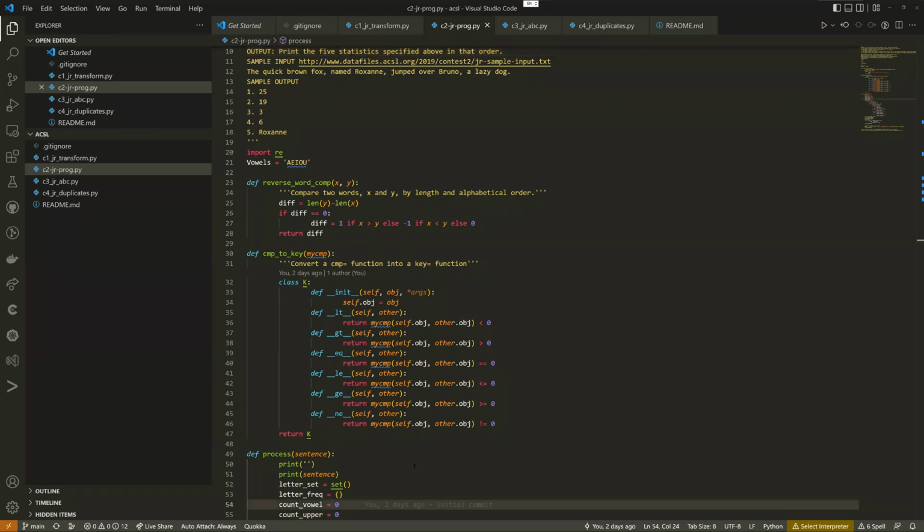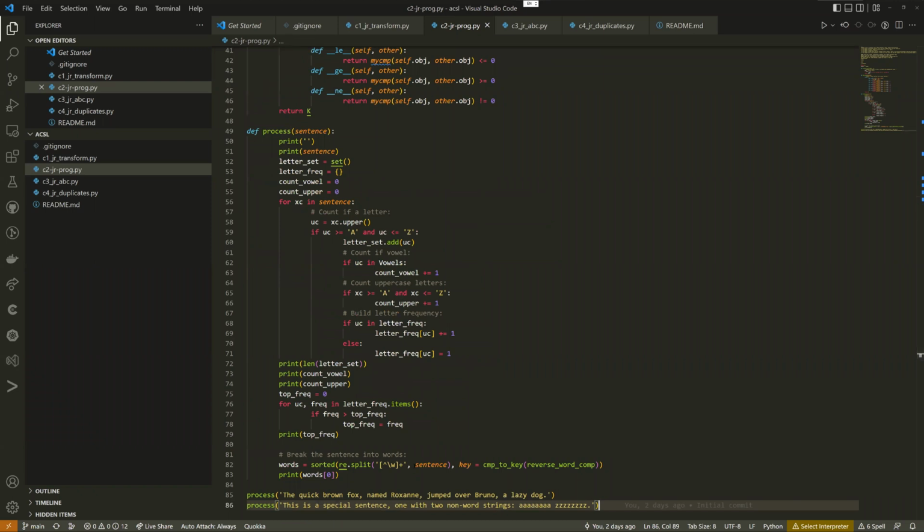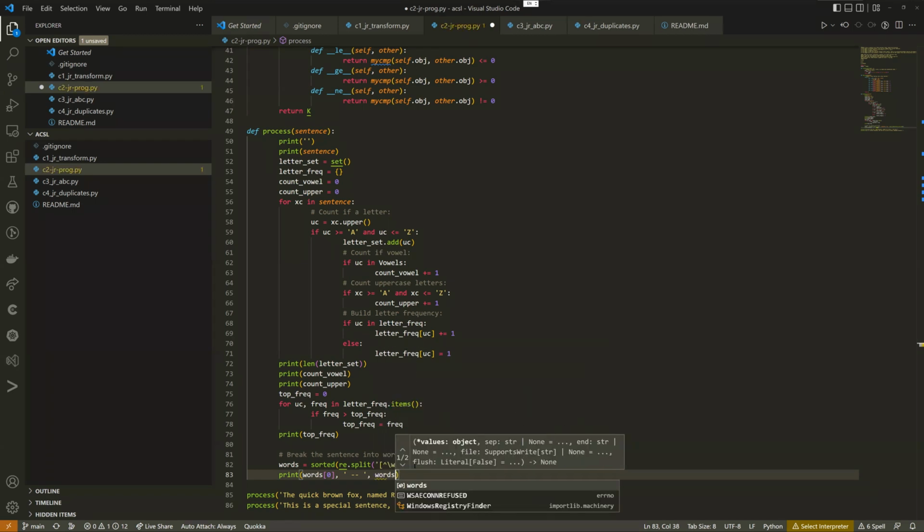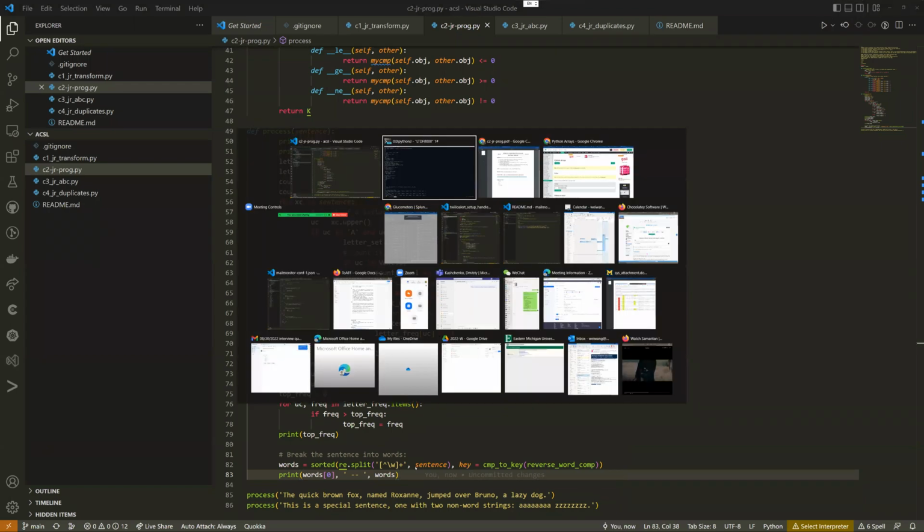So if I run this program, and also if I convert this print, in this print, if I do something more here, print out the whole words list, and if we now go run this program,